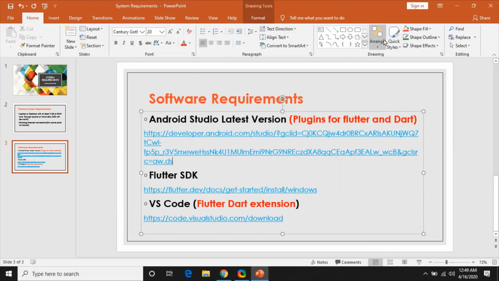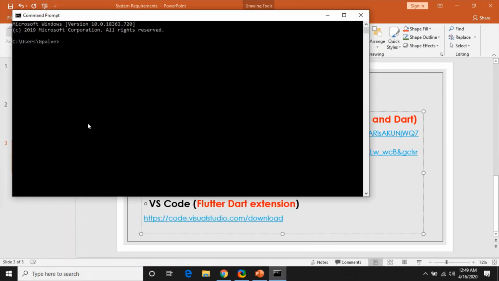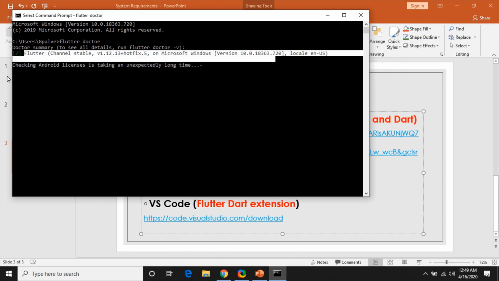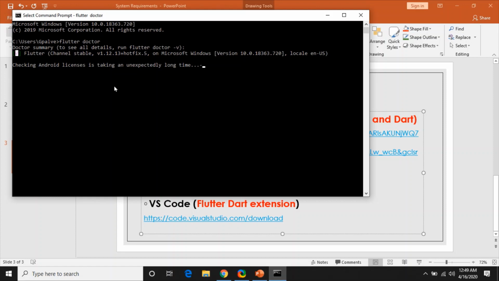Last but not least, we have to check whether everything is in place, and for that you have to open your CMD and write flutter doctor. Flutter doctor is the command which will verify everything. Look, this Flutter channel is okay, so there is a green tick. Now it is checking Android licenses. For you, Android licenses might not have been installed, so please accept the Android licenses.